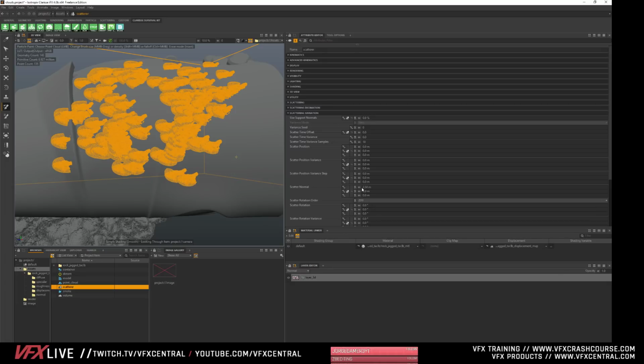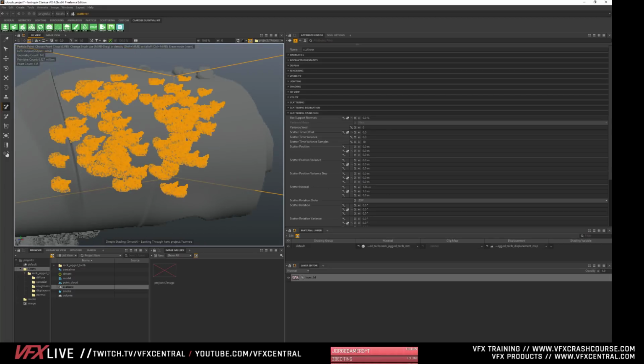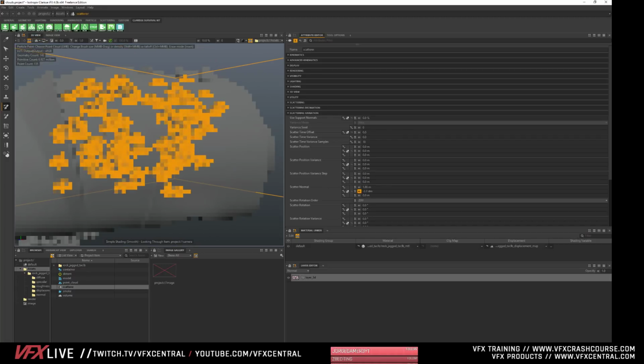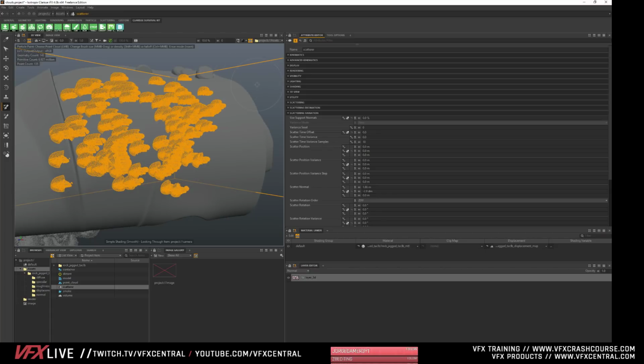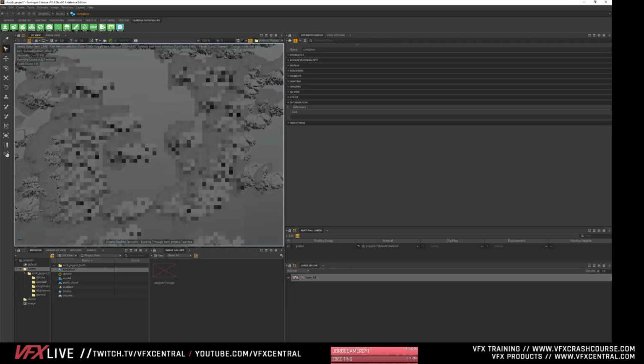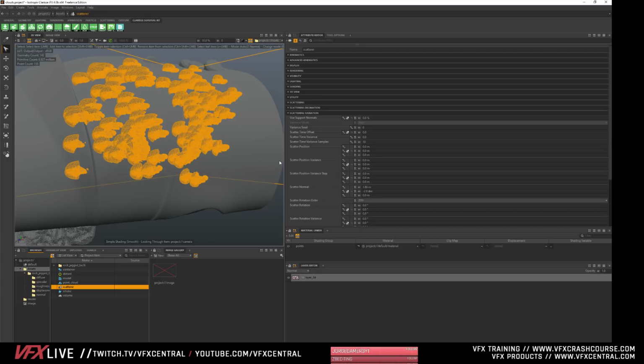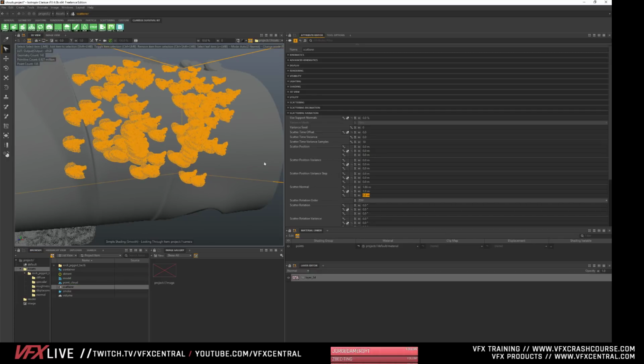So if we're not super happy with the way this thing's facing, you can play with all these options in here. Let me go back to this, so I can zoom in here and just see what's going on with the scatter. Go back to 1 on that.